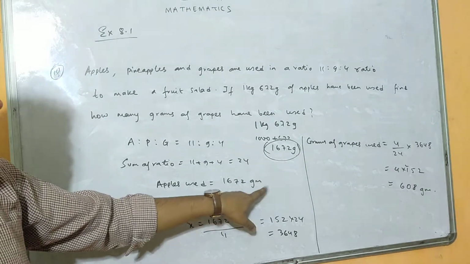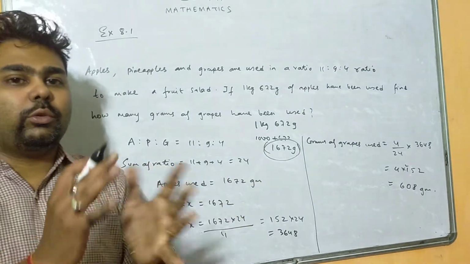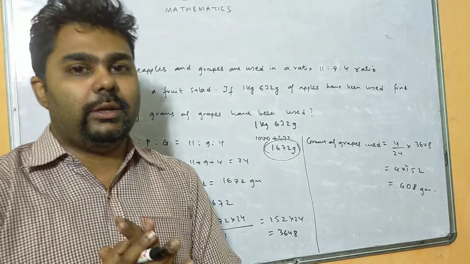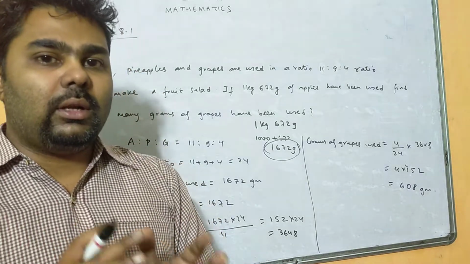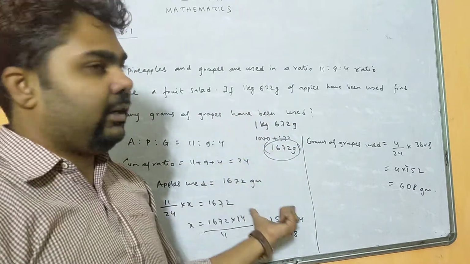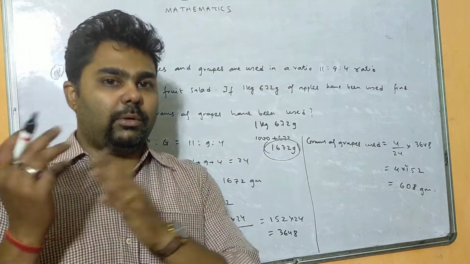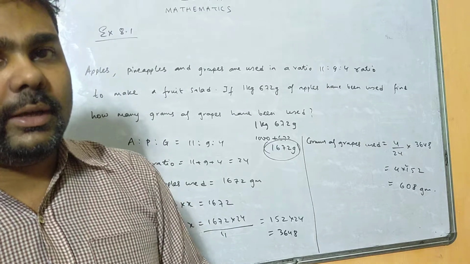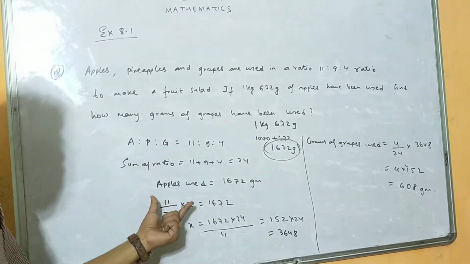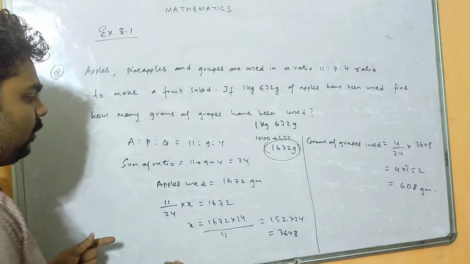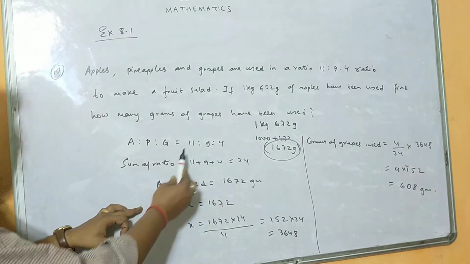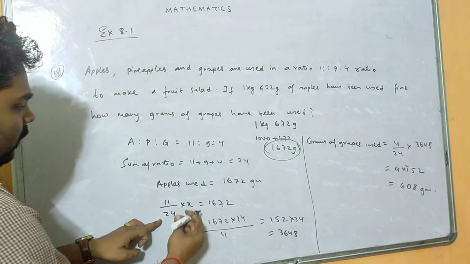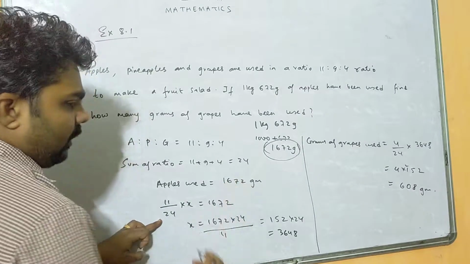Okay. Now you see, we don't know how much fruit salad is being made. So total quantity is unknown now. So we'll consider the total quantity to be x. Same way how we have solved the previous question. Total dimension of flag was unknown, right? So we have taken here x. Similarly, total quantity of fruit salad, let it be x. Okay, so how much is the apple here? So 11 by 24. So this x you have to write here above.